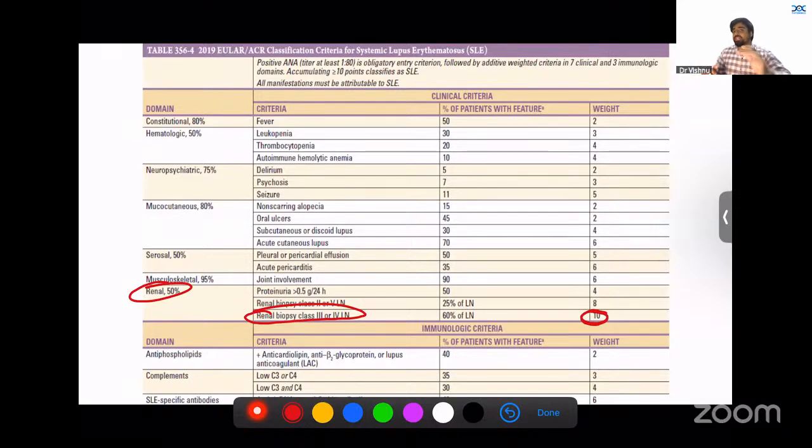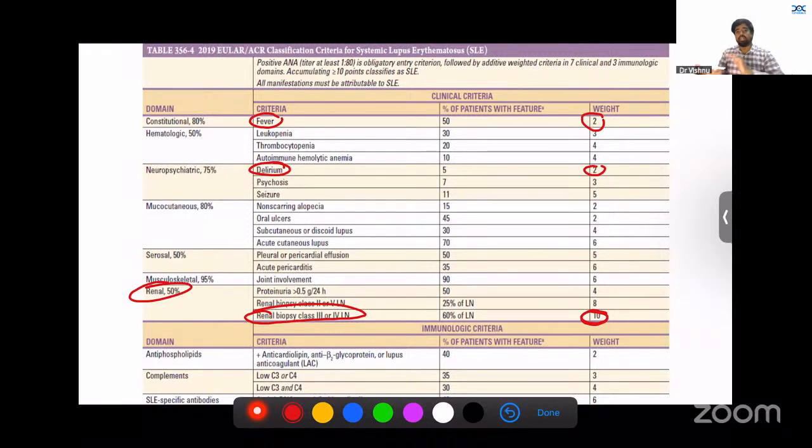And your lowest weightages are the first ones that are there in each domain. Constitutional domain, you have 2. Then you have hematological domain that starts with 3 with leukopenia. Then only delirium is there. Then you have 2. I think this, because it's a repeat question, you can just go and remember these two, or if possible, you can remember the entire scoring, or at least remember the highest one.